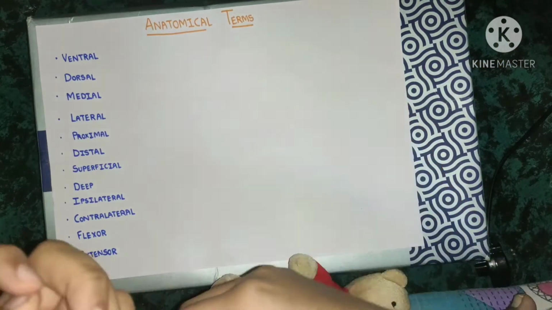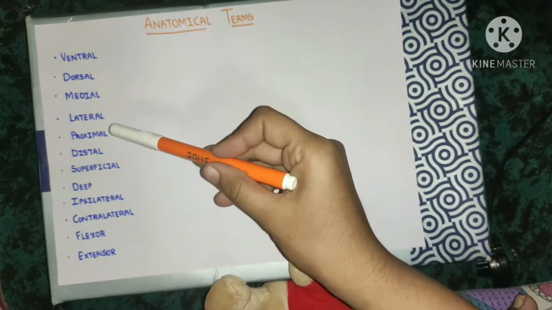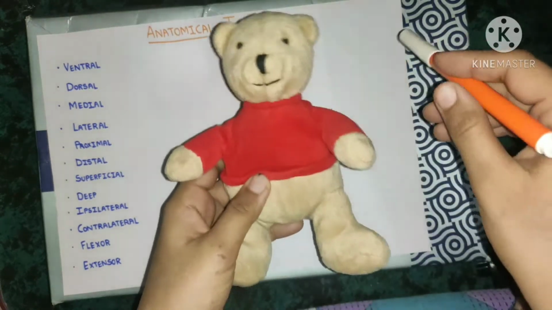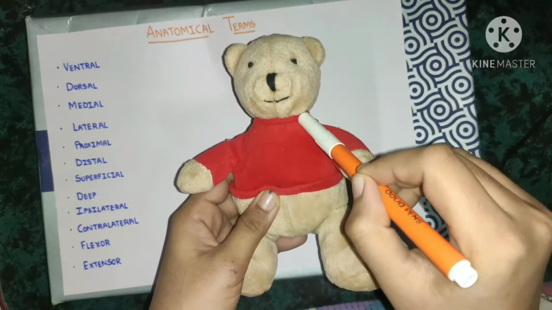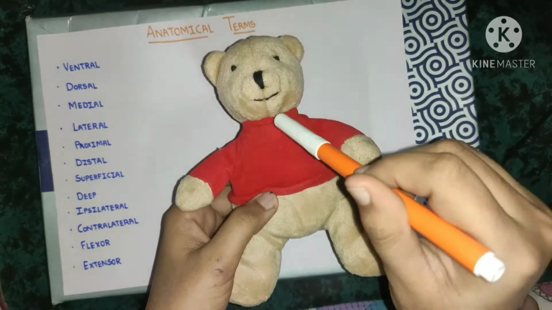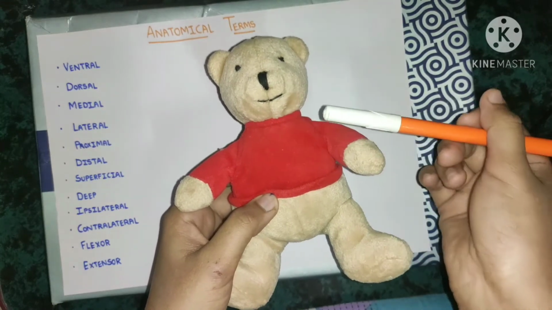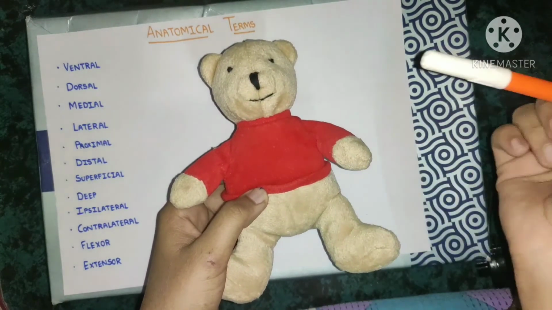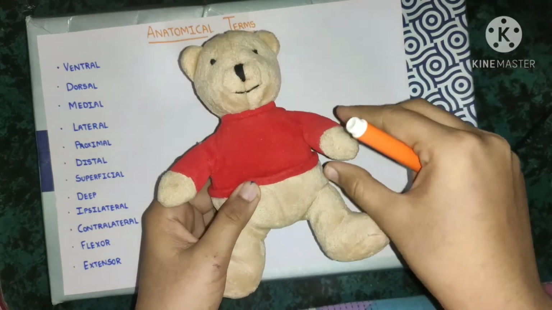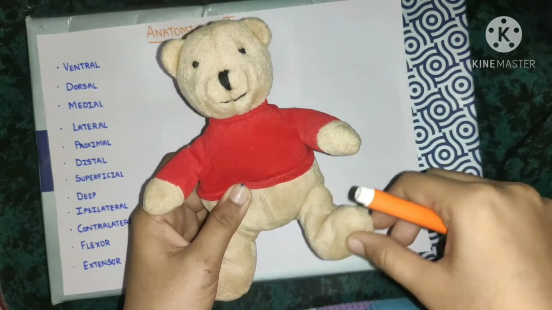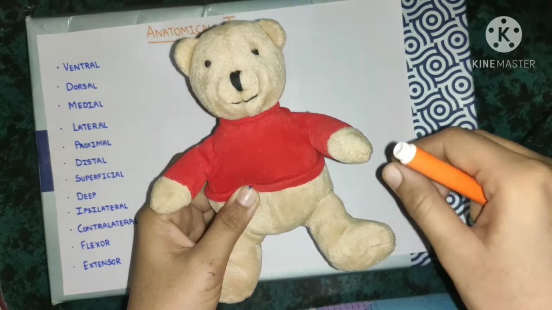Now let's look at what is proximal and distal. The proximal is the part which is close to the upper part of the trunk. And the distal is the part which is away from the upper part, or I can say close to the lower part of the trunk. So may I use the word that upper limb is located proximally whereas lower limb is located distally.